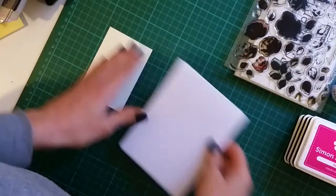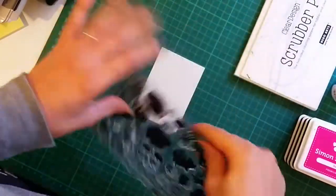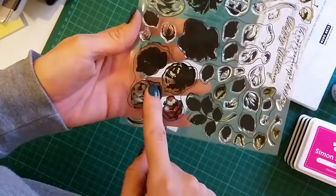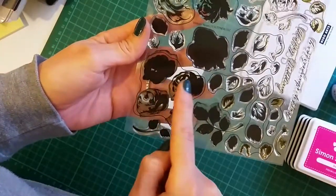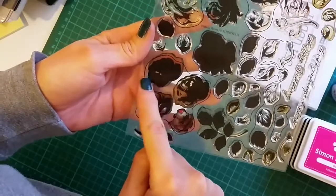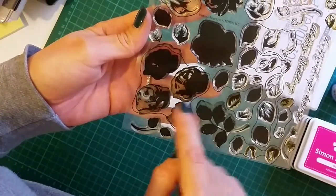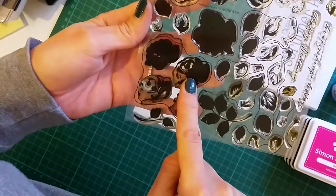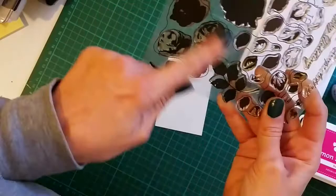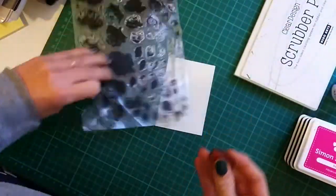Now the first thing that I will be doing is stamping my images, and for this I am using the Altenio Vintage Roses stamp set. These are build-on stamps that you can create one image by overlaying 3 or 4 different stamps. You will start with the background stamp and then overlay on top the various negative parts using darker shades of color. So I'll be using the rose right here,